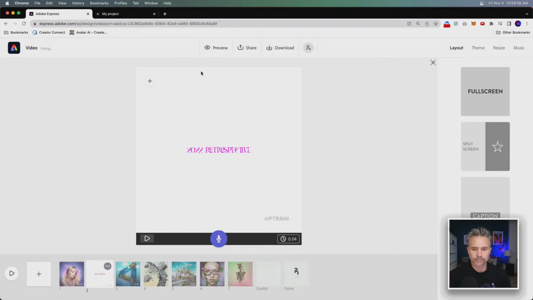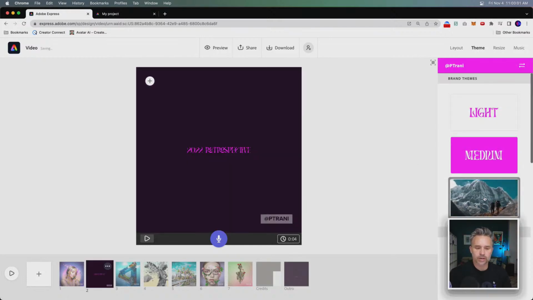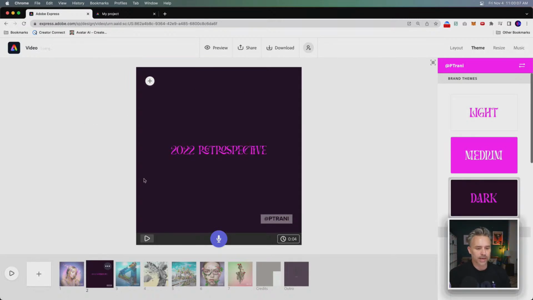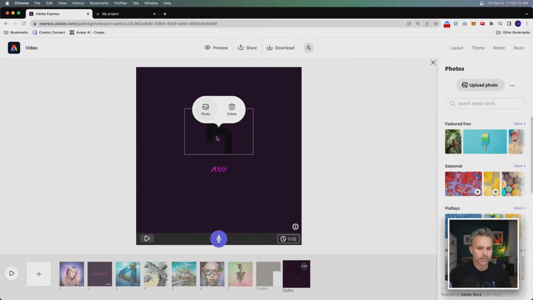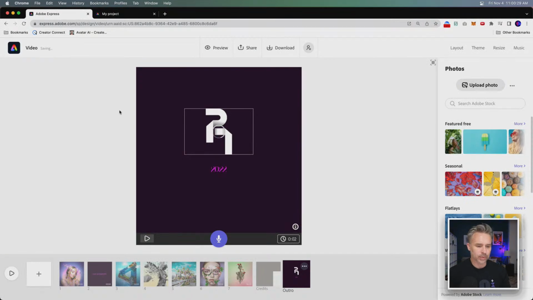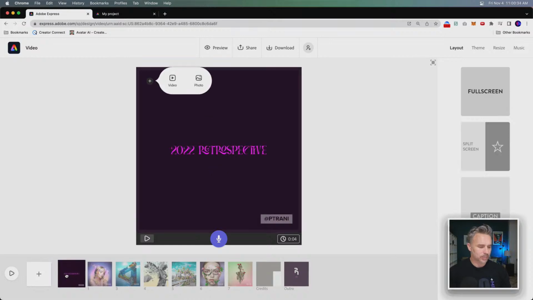There we go. So the theme, I'm going to switch that up. We'll go with a dark theme. Maybe increase the size of this text. Oh, yeah. And here's a case where this logo doesn't look too good, especially on that background. So this is a case where I just want to bring in this logo. There we are. Okay, we did the thing. Let's move this around.